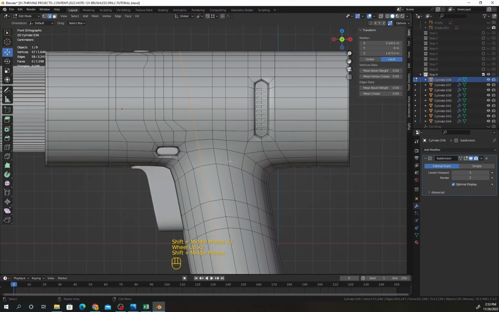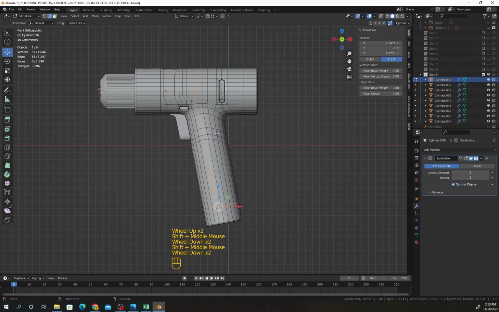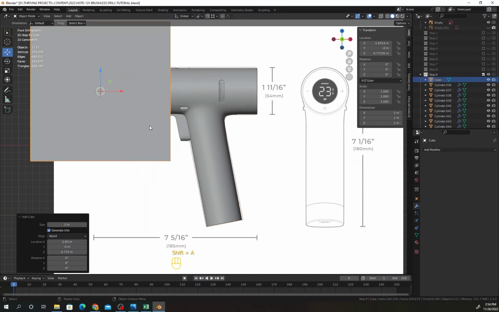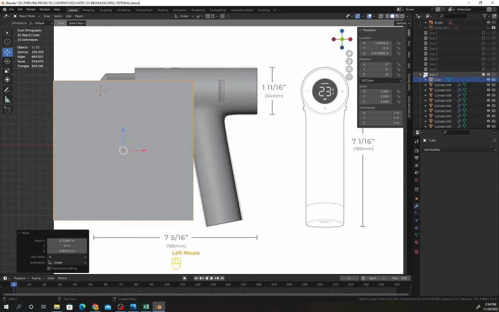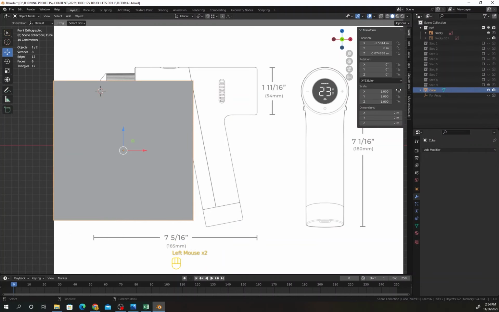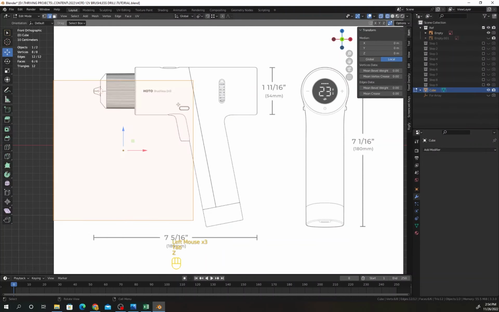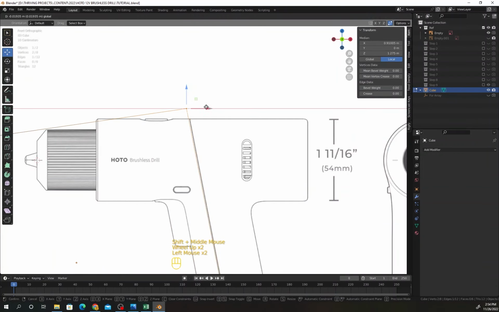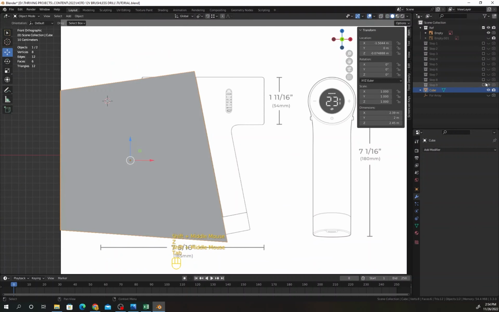Select these edges and make sure they are straight. I will add a cube and place it outside the collection and hide this mesh. Now select cube and make a straight line like this. Now unhide the mesh,